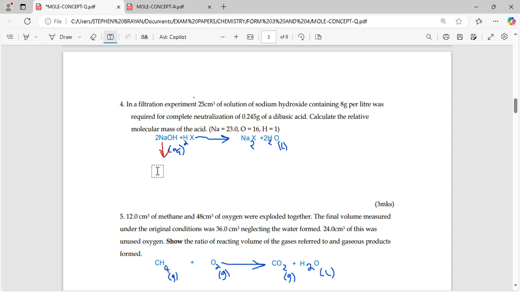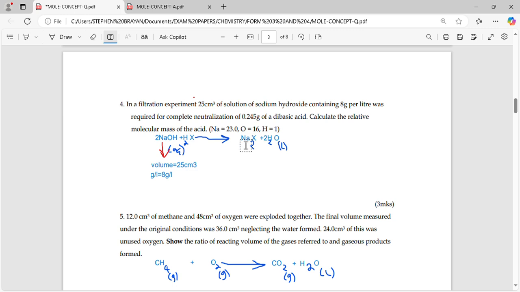So the information you've been provided about sodium hydroxide is the volume, and your volume in this case is 25 centimeters cubic. The second information you've been provided about sodium hydroxide is the grams per liter, and your grams per liter in this case is equal to 8 grams per liter. That is very important. So once you have the volume and the grams per liter,